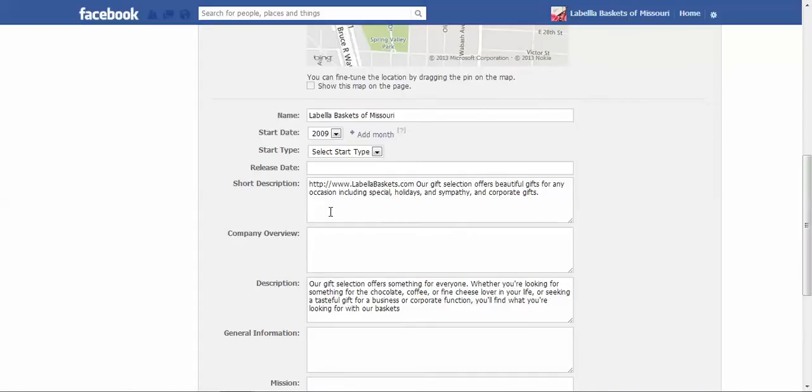I recommend the very first thing that you do is add a domain name or URL. This could be your personal website. This could also be the Labella Baskets created site. You could put in a landing page. We can talk about that at a different time too, where you just want to get people's email addresses and phone numbers, anything that directs people to capturing that lead. And then a little bit about your type of business. What are you doing here at Labella Baskets?